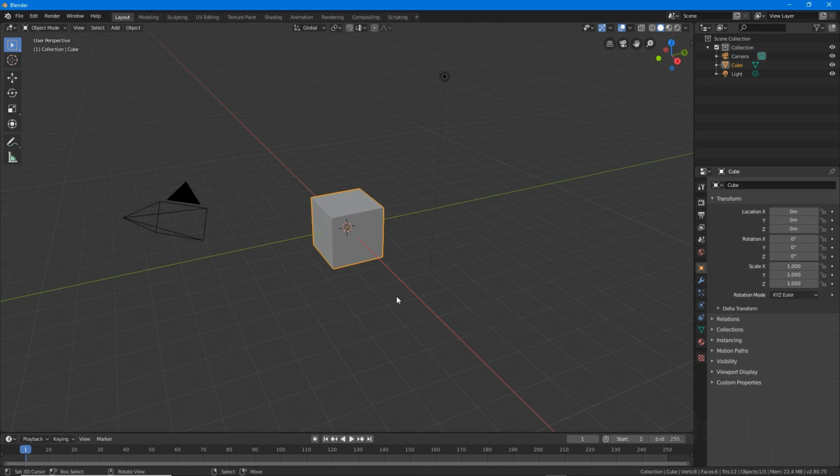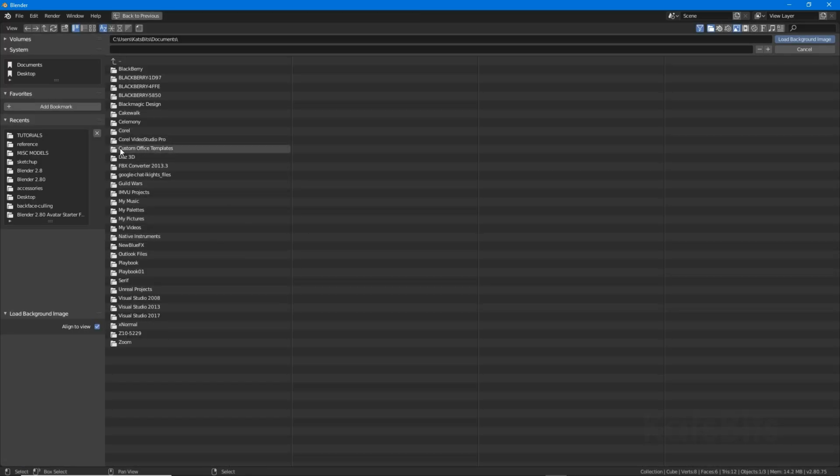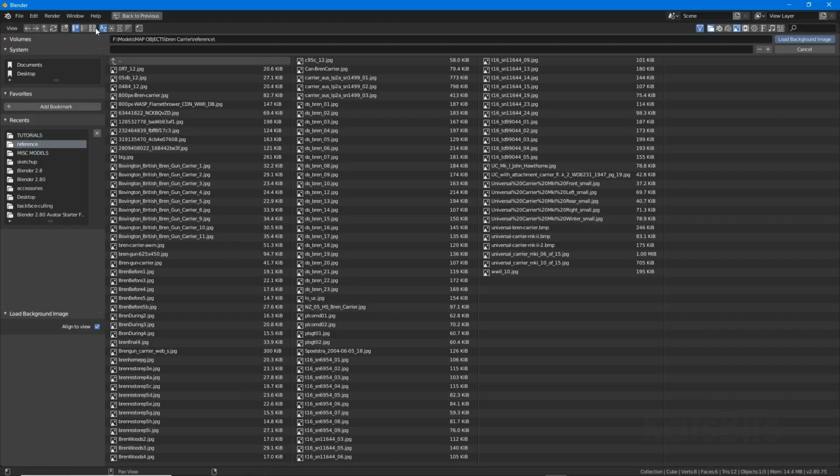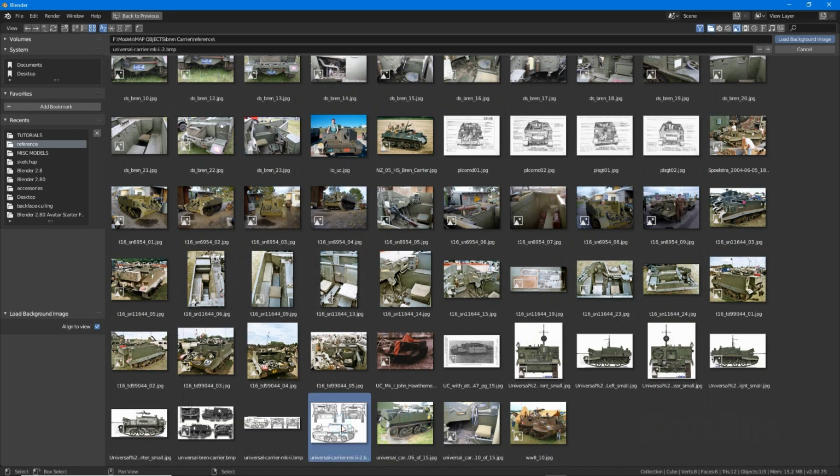There are two ways to add a background image to Blender 2.8. First is an image object, and we do that from Add, Image, Reference or Background, browse to the image, select,